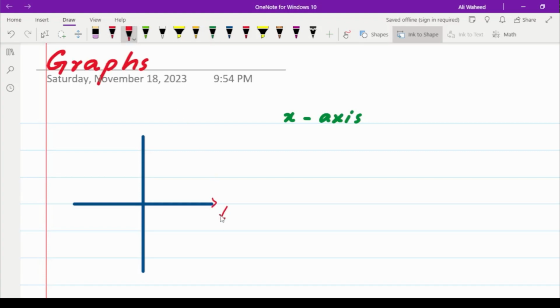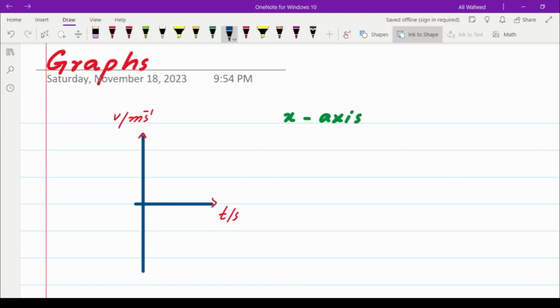I'm going to add time on the x-axis, and I'm going to add the velocity on the y-axis. Alright, so this is the situation that we have, and I'm going to remove the negative x-axis because our time cannot be really negative, and we have the negative y-axis because the velocity can be